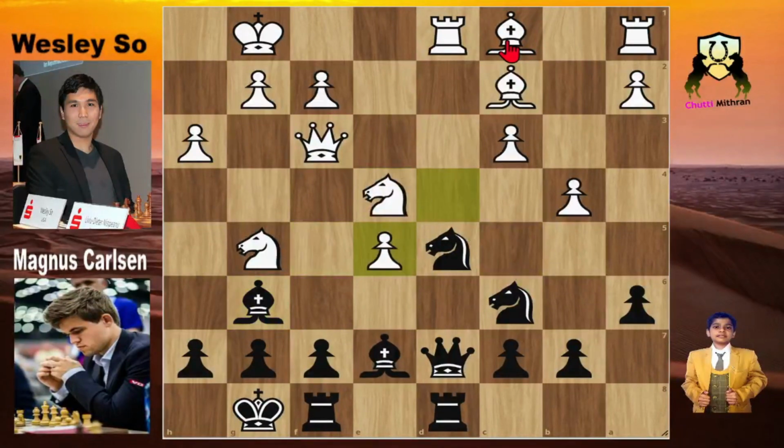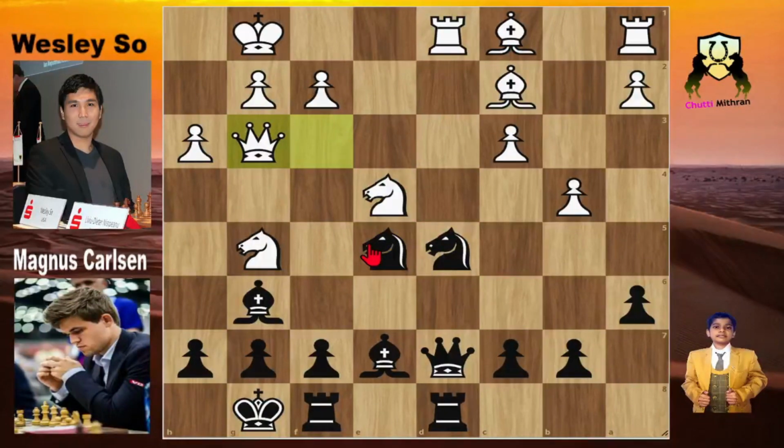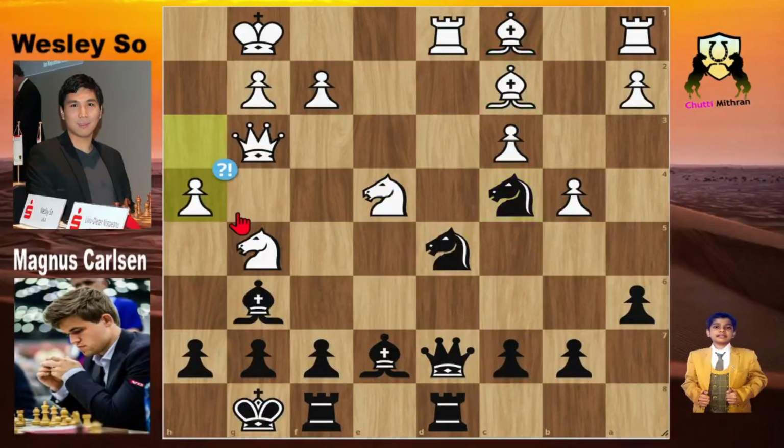So after bishop to g6, d captures c5, knight captures c5, queen to g3, knight to c4. So you can see that Magnus Carlsen's knights are simply paralyzing both the bishops. After knight c4, white tries h4. So Wesley So wants to create some sort of initiative on the king side, but in reality, Magnus' initiative on the queen side is much better than Wesley So's initiative on the king side. So Magnus plays queen c6, and believe it or not, my friends, Magnus Carlsen is once again setting up a